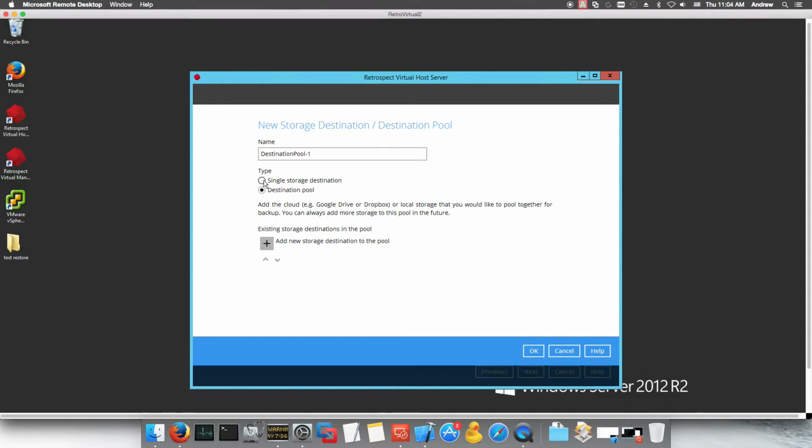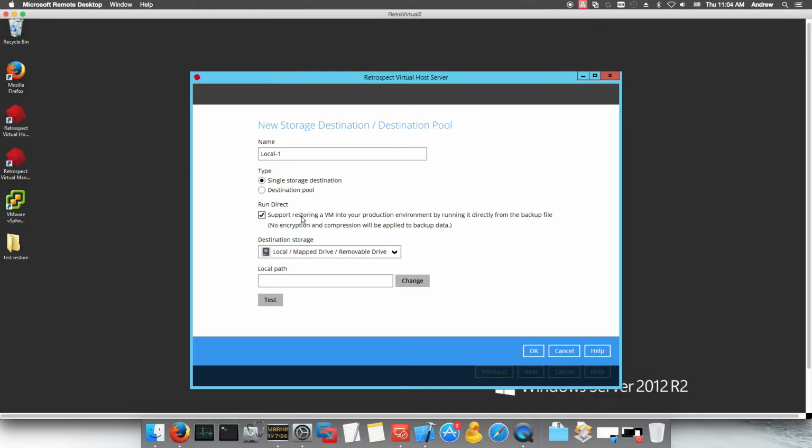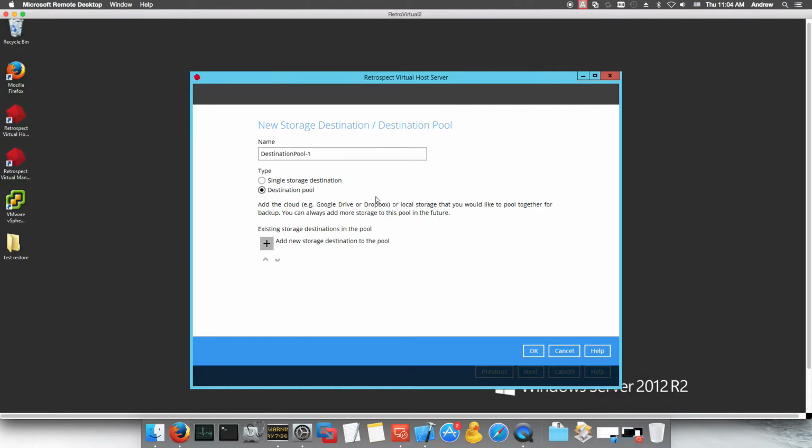And one thing to note for run direct, it needs to be a local mapped removable drive location. It can't be saved in the cloud. You can set a destination pool. Again, a destination pool is you can add several different